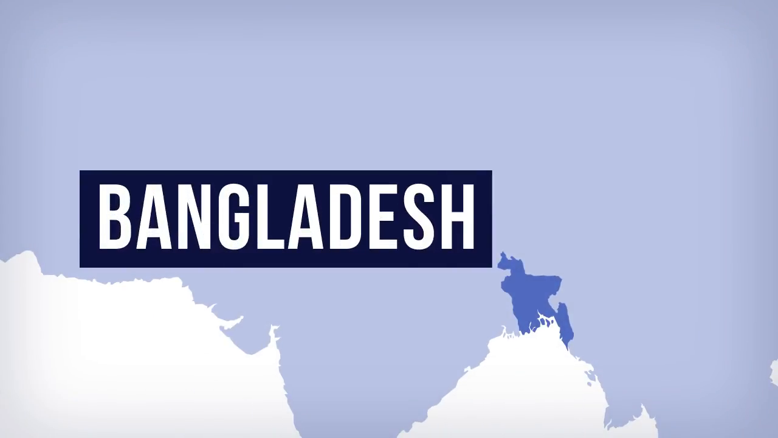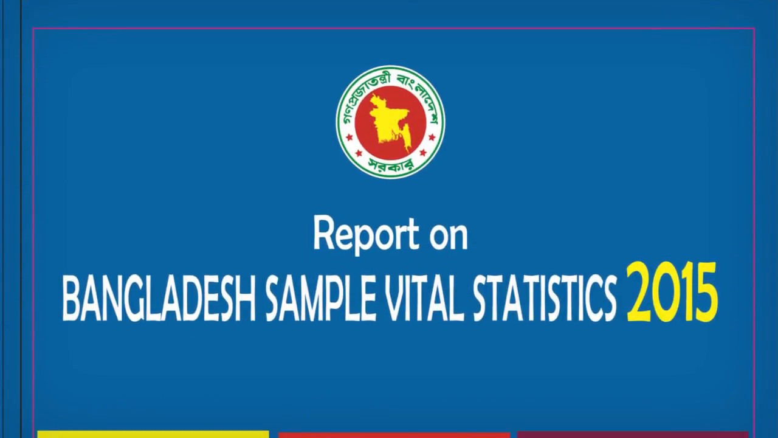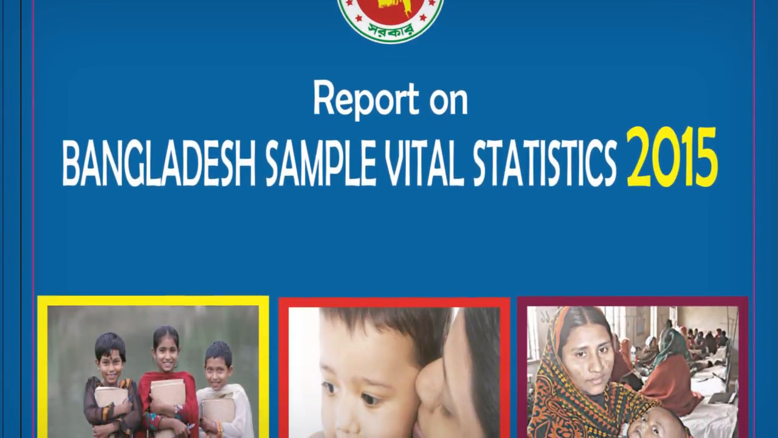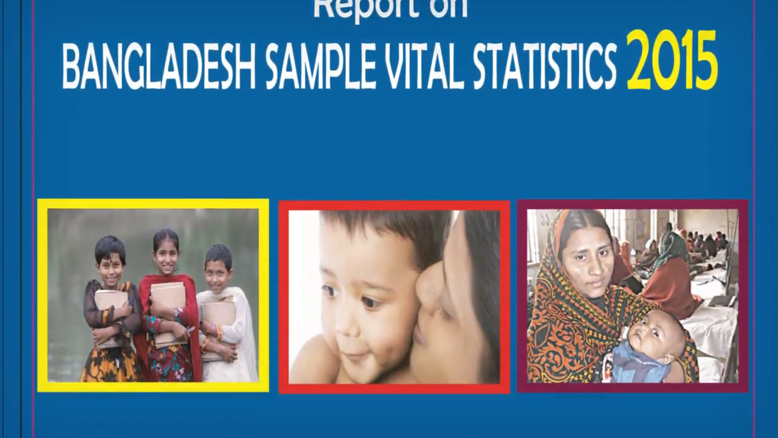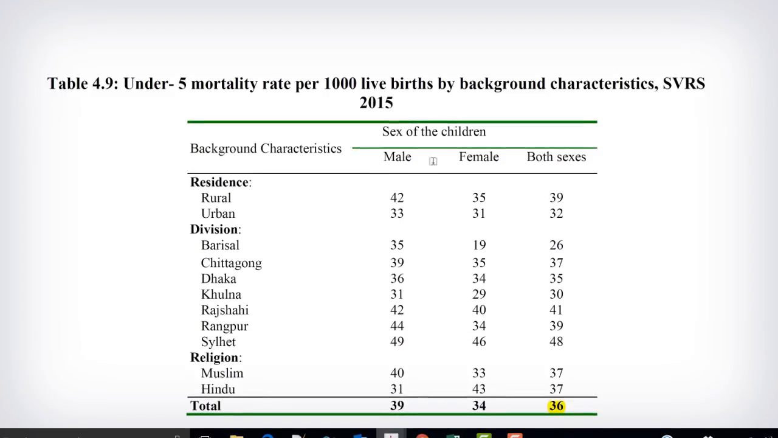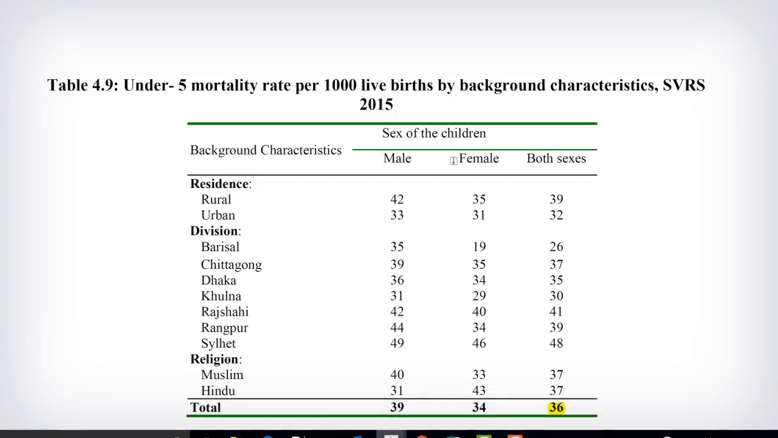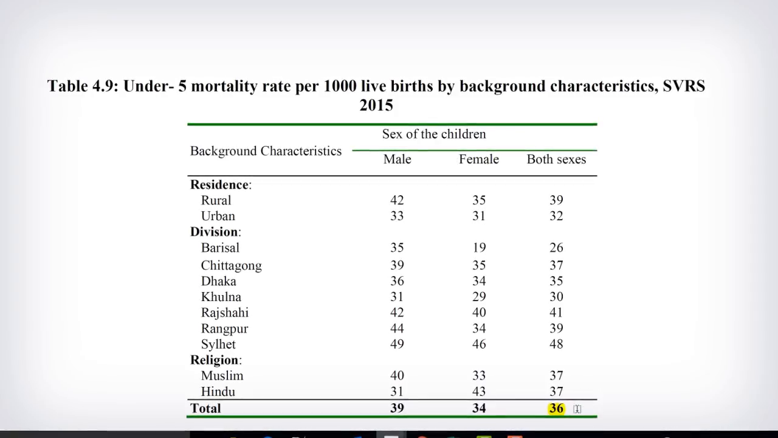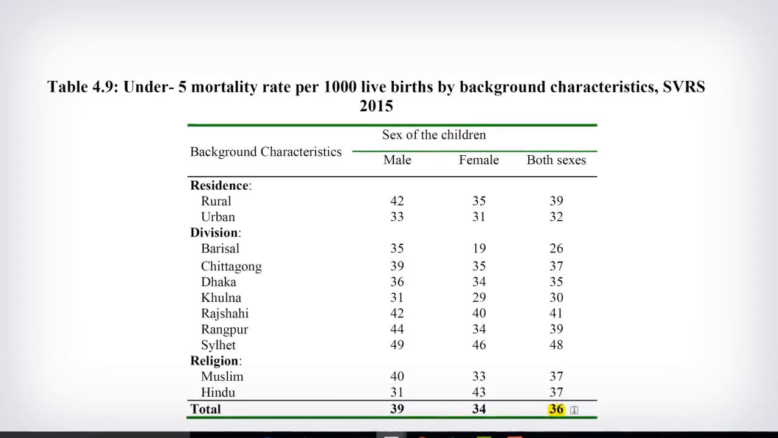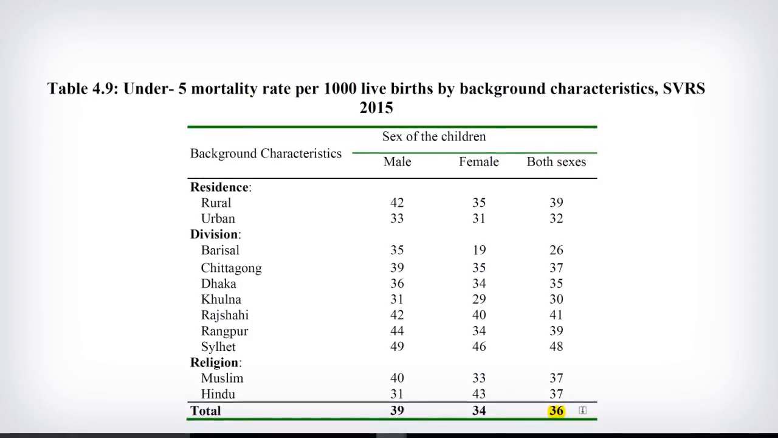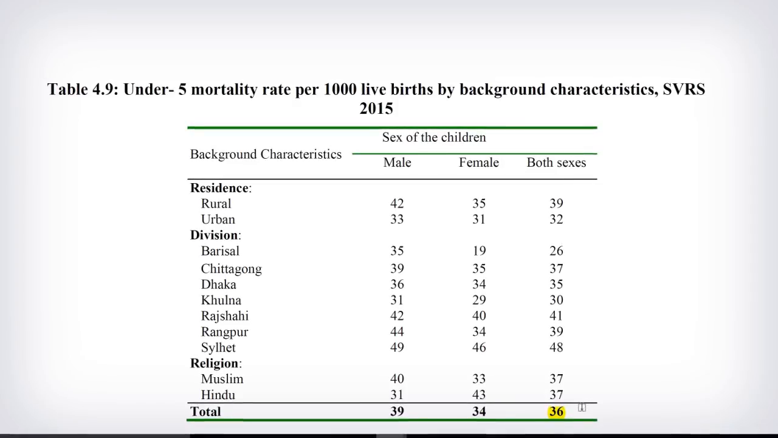Okay, let us now look at a country like Bangladesh, where we have a recent study done in 2015, but in this case based on the sample vital statistics system of Bangladesh. In the report, you have many tables, but if we go to the section related to child mortality, specifically about under 5 mortality, what we see is a mortality rate of 36 per 1,000 live births for Bangladesh, and we want to compare to what extent this new information